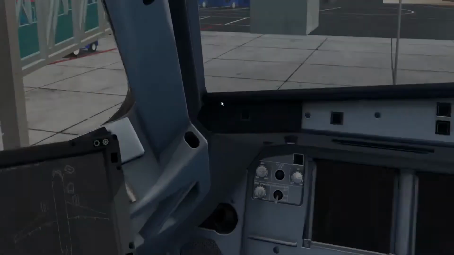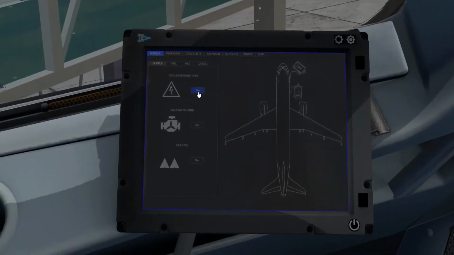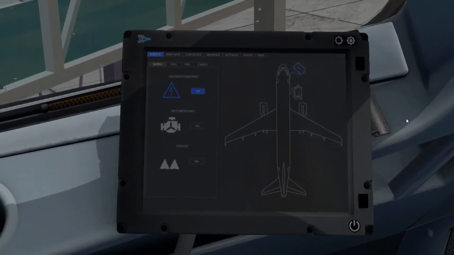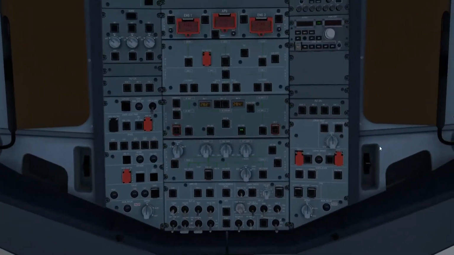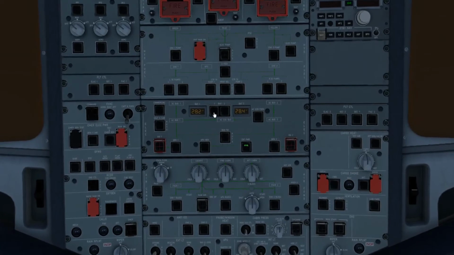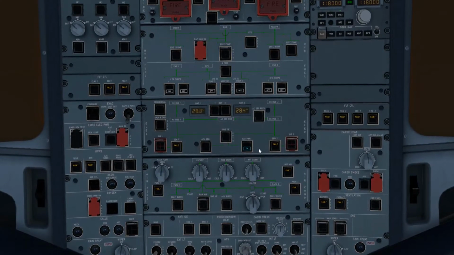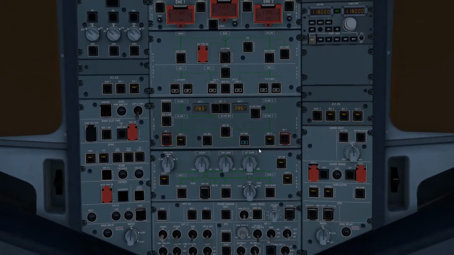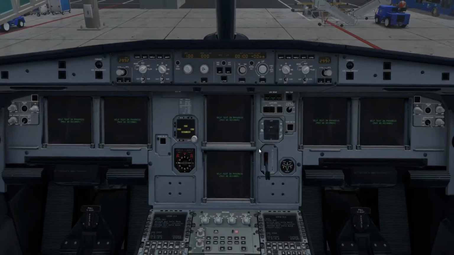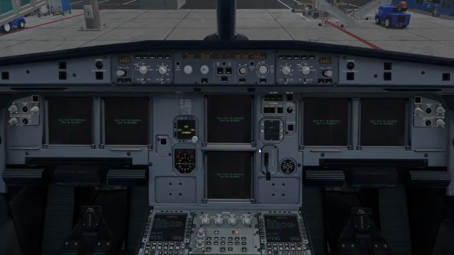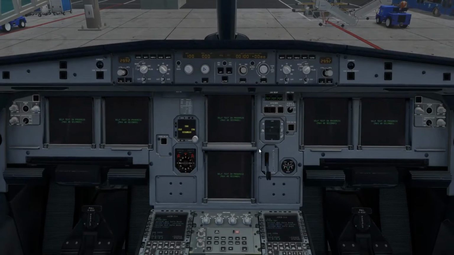And the first thing we do, ground power unit on, and here you can see we need to turn on battery 1 and battery 2, and we can start external power. So it takes some time. The Airbus computers just boot up,